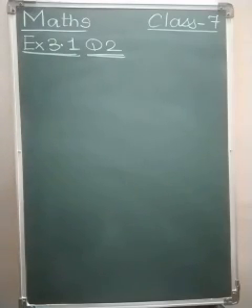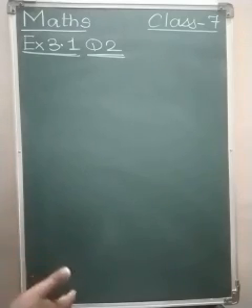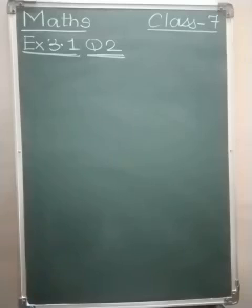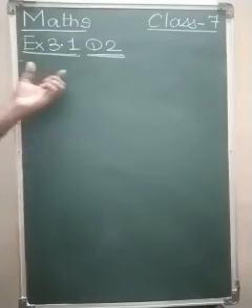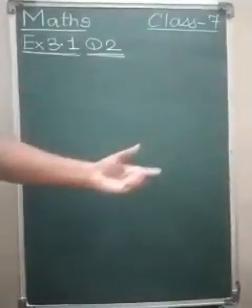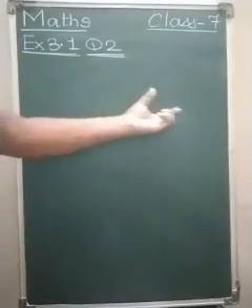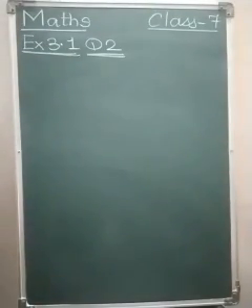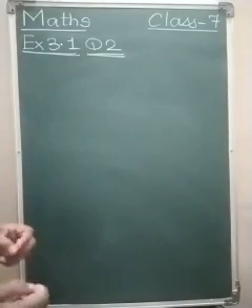Organize the following marks in a class assessment in a tabular form. Now there are some marks given for the classroom in a class test conducted, and we have to organize the data in a tabular form, and we have to answer the questions given below. There are total 4 questions given, and we have to answer them. Okay, tabular form means you have to organize the data in the tabular form, that is the frequency table we have to organize. Now first we have to see the data.